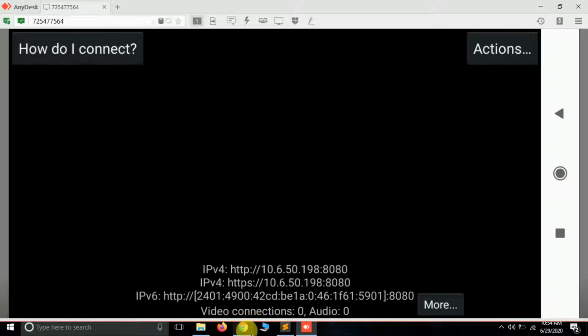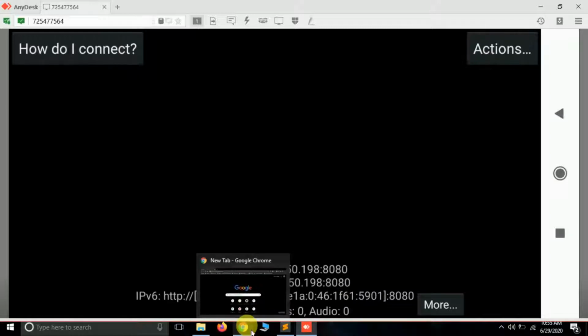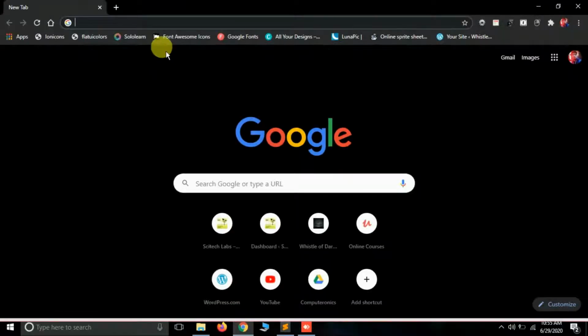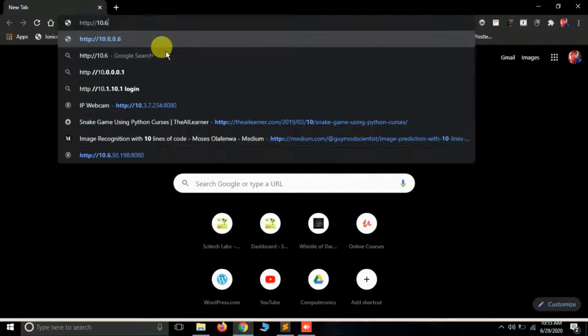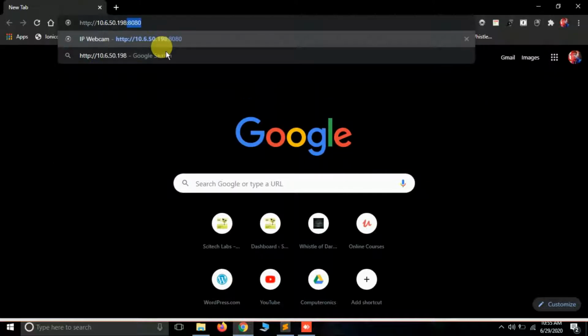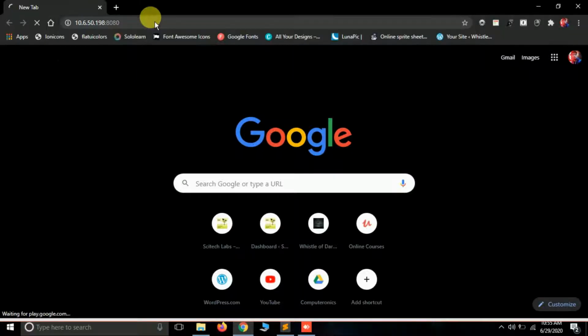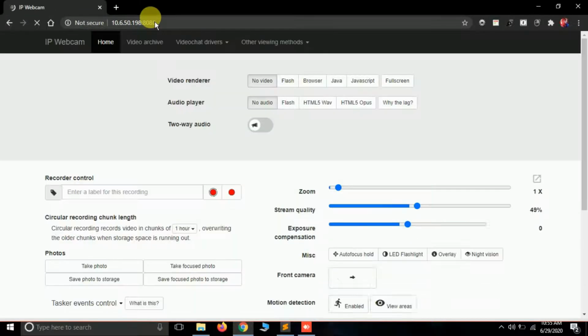Let me open my browser and type this IP address that we have just got. Okay, I think this is the same. Now if you just press enter, it will open your camera here.